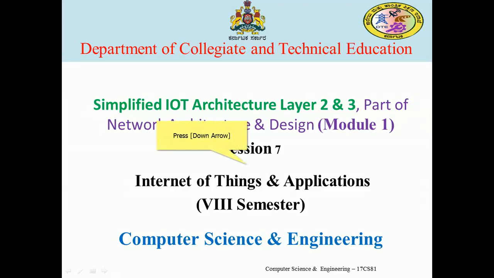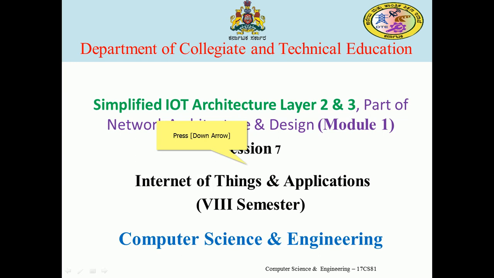I am going to discuss the topic called the simplified IoT architecture layers 2 and 3. In the previous session we discussed layer 1, which covers most of the edge points, the lower bottom layers, which are dedicated to acquiring the data from the surroundings. Huge data may be collected from them. Once it is collected, it will pass on to layer 2, the layer above, called the middle layer of this simplified IoT standard architecture.